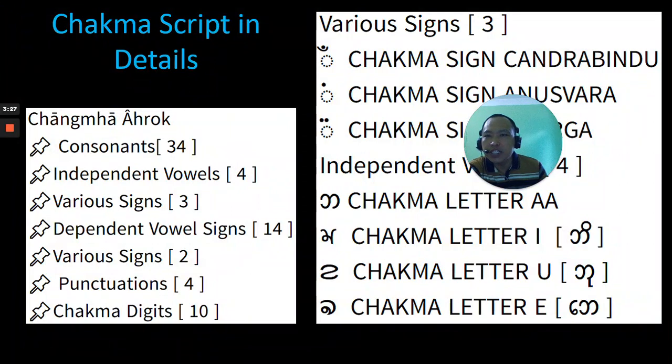Chakma script in detail. Chakma Orok. Consonant 34, independent vowel 4, barrier sign 3, dependent vowel sign 14, barrier sign 2, punctuation 4, Chakma digit 10. Barrier sign 3, I want to say in my Chakma language, Chakma sign Chandrabindu, Sanfudo, Akfudo, Difudo. Independent vowel 4, Fitfuzu A, Bochi U, Delbange, sorry,